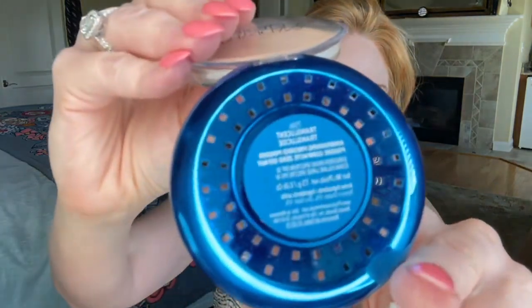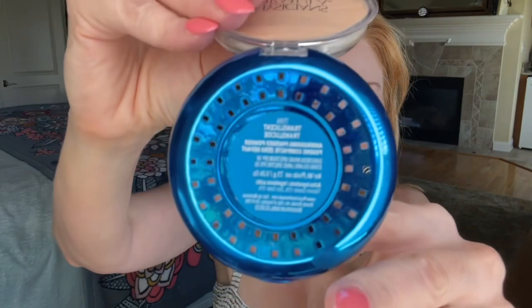It is ventilated, so that's good. What I don't like about the brush, I've used this in the past, and the brush gets a little powdery, and then it does have the holes underneath. So if you keep this in your purse, you'll get some powder on some other things. But if you have the sponge, it doesn't do that. There is a mirror, so you can use it to apply lipstick and things like that